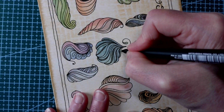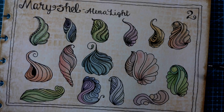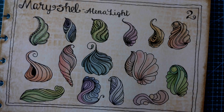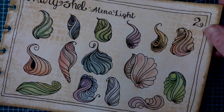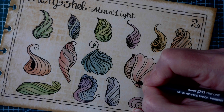Just this one here. That's nice. That's added something really lovely to that. And I do quite like these little dots. They're not the best in the world, but they're quite cute. Okay. That one I said I wanted to add some pattern to, and I feel in the need for some